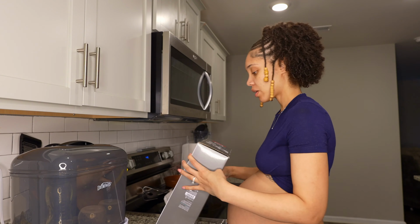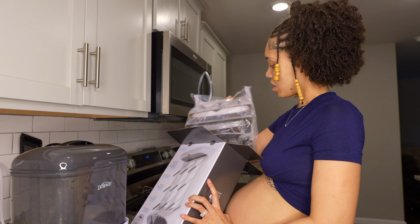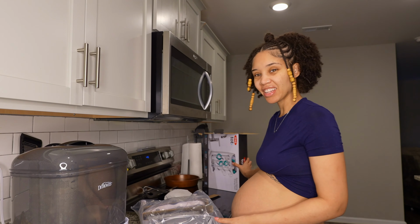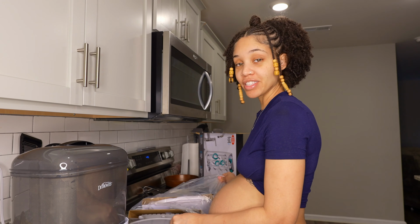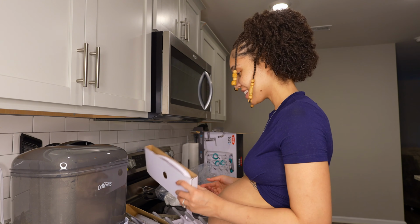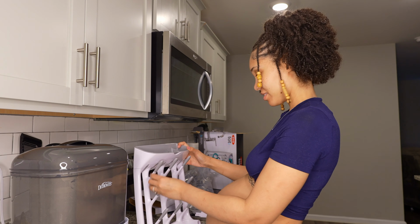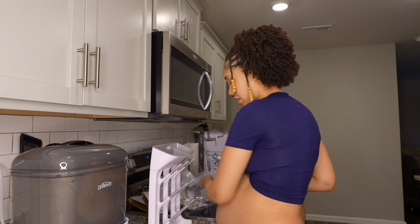And we need to put together the bottle rack so that we are able to put these bottles on the rack. Okay, so I finally have it open. And as I was hoping, it wasn't much to do since it's not a difficult looking bottle rack, and I've had several in the past. It doesn't look like we'll have much to do at all, which is wonderful. Amazing. It's basically already done. The only thing it seems we have to do is put this tray